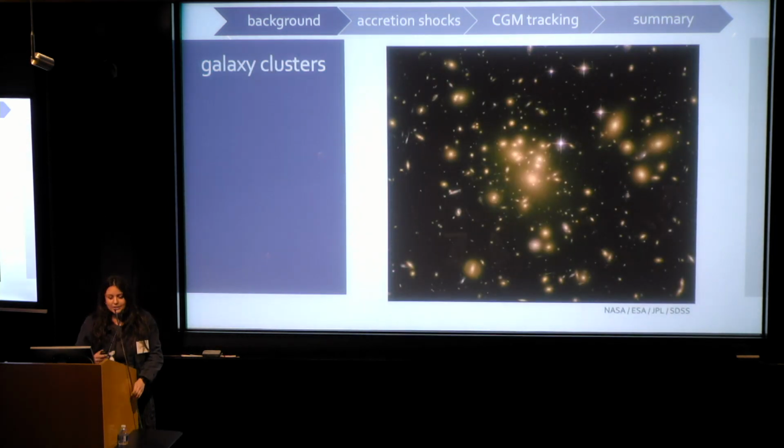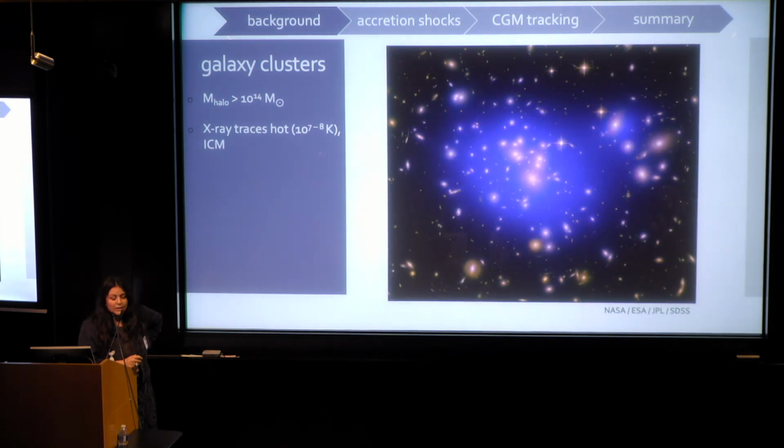So galaxy clusters occupy the most massive halos. We're talking greater than 10^14 solar masses. And they've been typically studied in the X-ray. This here is an optical image of my favorite galaxy cluster, Abell 1689. If I overlay the emission in X-ray, this is what that looks like. The X-ray is tracing this very hot, dense 10^7, 10^8 K gas in the